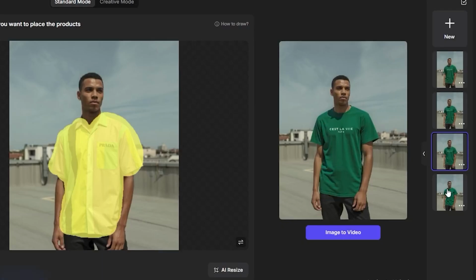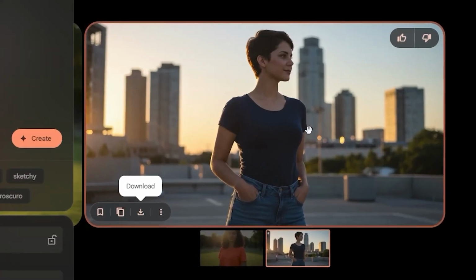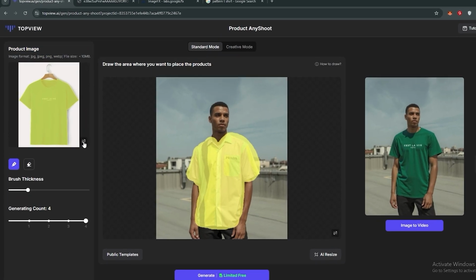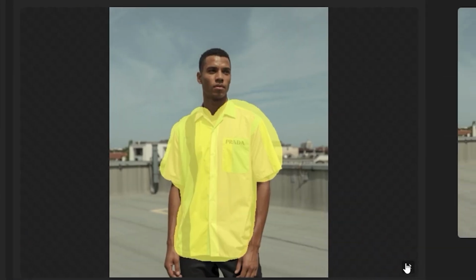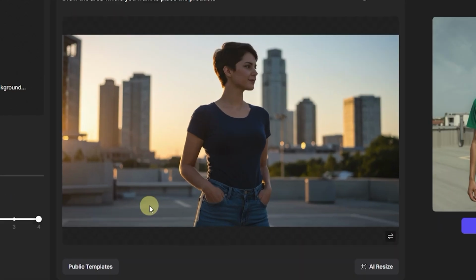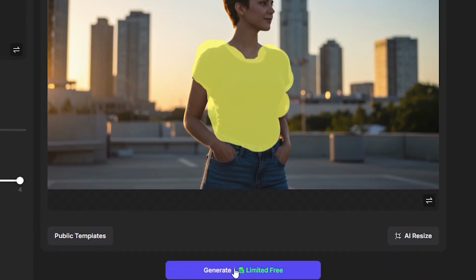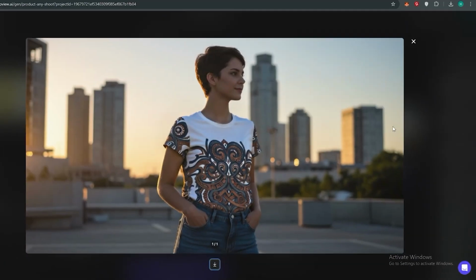Let's try something else. So this time I'm going to use this image. You can see we have a lot of complicated patterns in this one. By the way, this is an AI generated image, and we're going to use this image. This is also an AI generated image. So let's go ahead and upload our image. So this is going to be a shared image, and in the male model section, we're going to upload this female image. And again, just paint the area with the brush and hit generate. And again, we have 4 different outputs. You can select any one of them. I think all of them worked really very well.